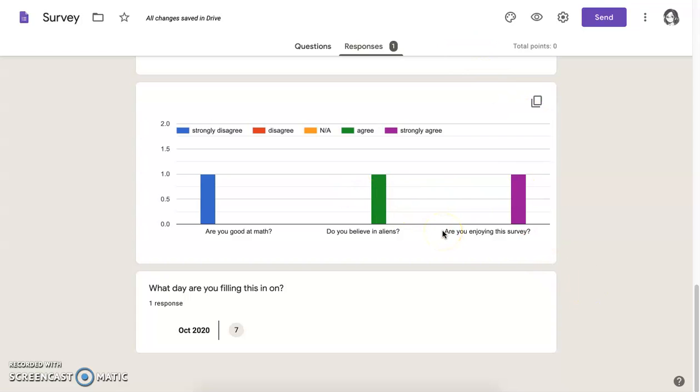But that basically goes over Google Forms. It's pretty easy, like I said, to use. You do have the pre-selected templates if you go directly to the Google Forms